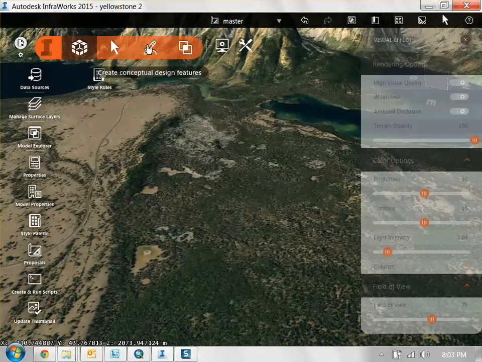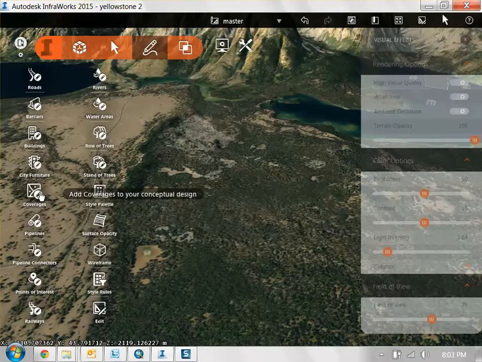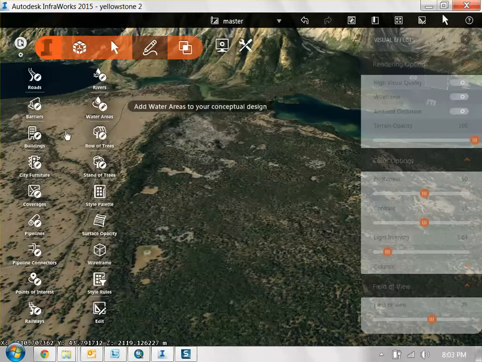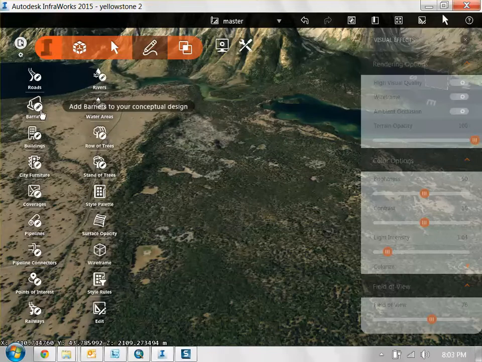In here, there's a create features button here, and you can see all these features that you can add into Infraworks. And actually there's some good tools here. Infraworks allows you to model things on the site in a very diagrammatic but very fun way. Infraworks is primarily a civil engineering tool, so it's primarily about roads. So you see a lot of road and barrier and these kind of tools here. But there are some rudimentary